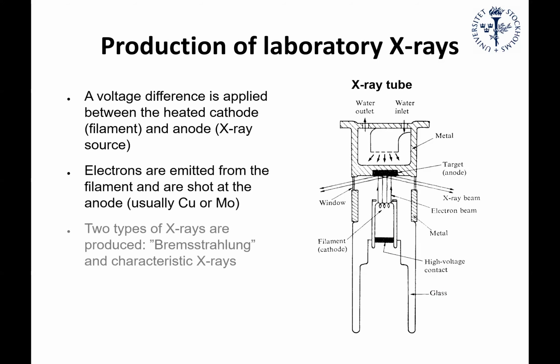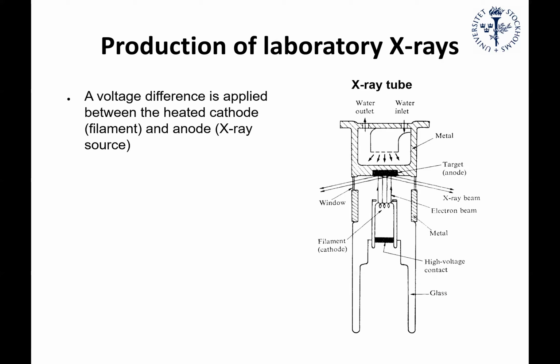Normally in the classroom, I actually have an X-ray tube that I have at hand that I can show you, but I don't have one today, unfortunately, just a schematic. But let's describe this filament here, your cathode here. So here, current is passed through the filaments, and by applying a potential, we can pull off these electrons from